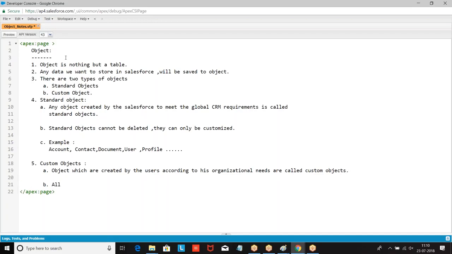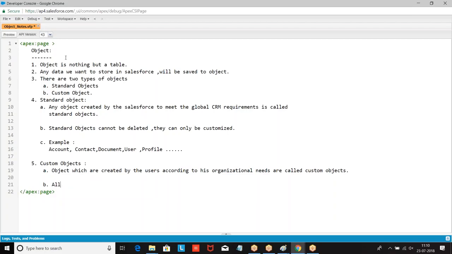All the custom objects will have __c at the end of the name. How do you know it is a custom object? When you have a group of objects, which is a standard and which is a custom? How do you recognize?